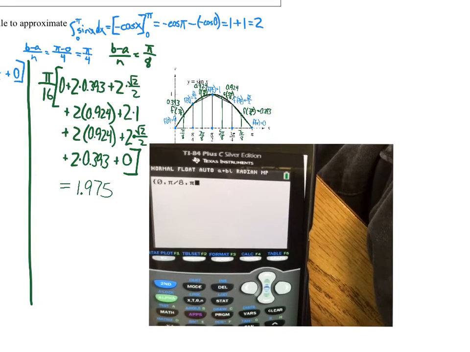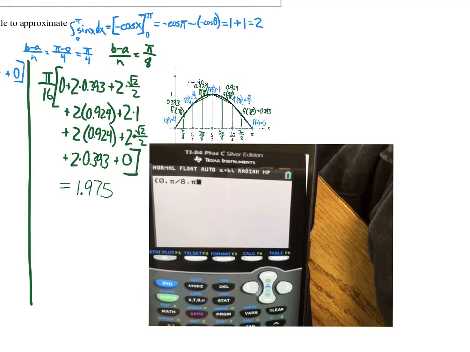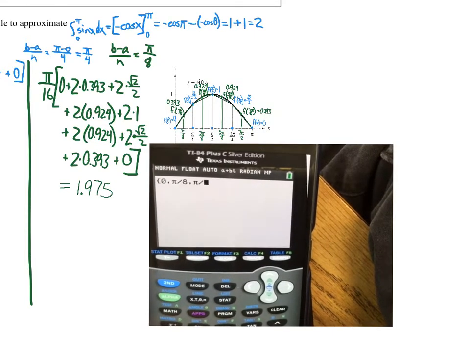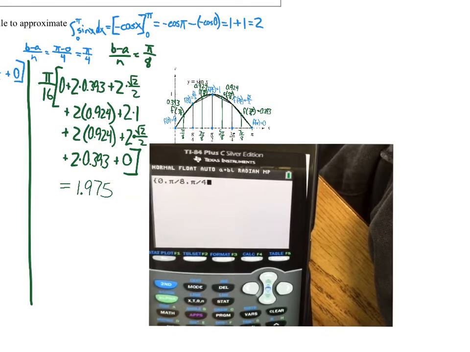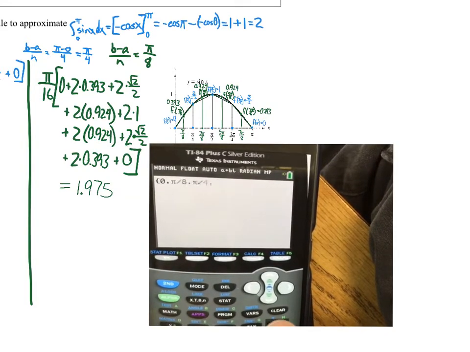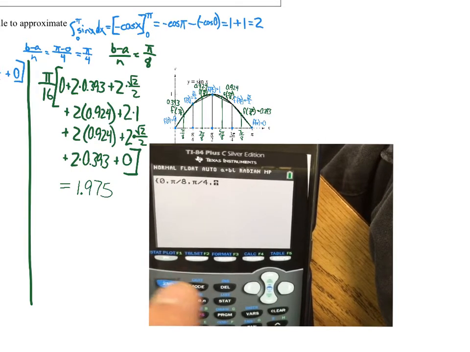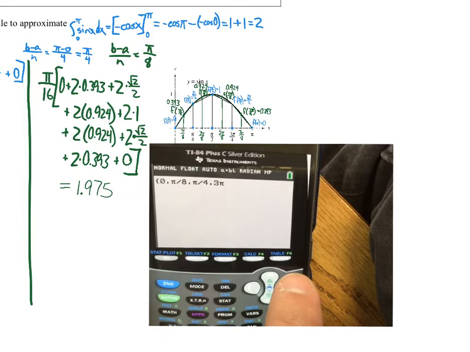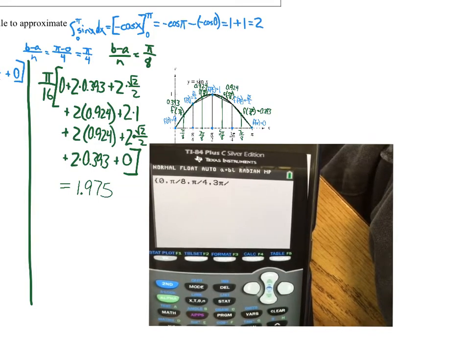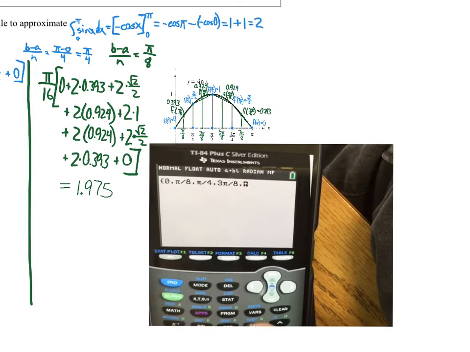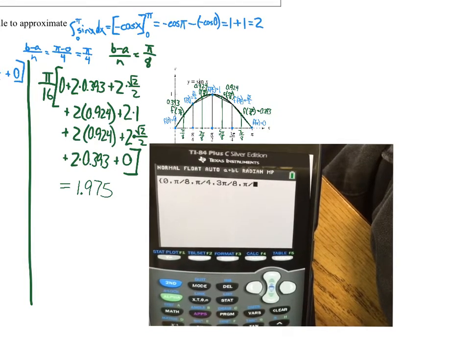It's to the left of the parenthesis, pi over 4, comma, sorry, I should have a 3 pi over 8, 4 pi over 8, which is pi over 2,